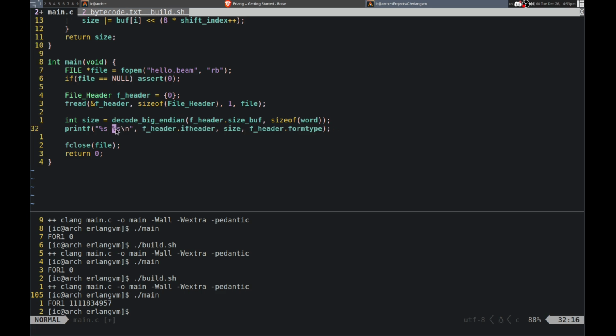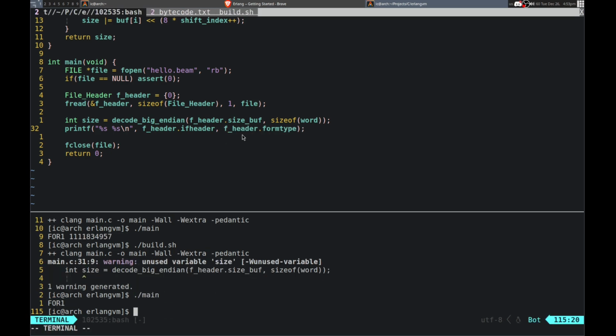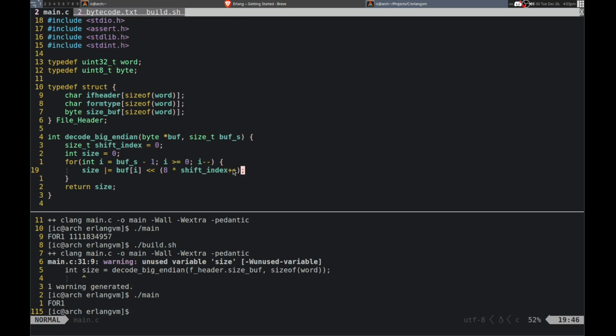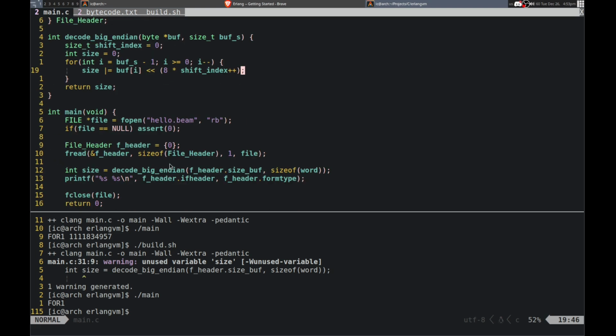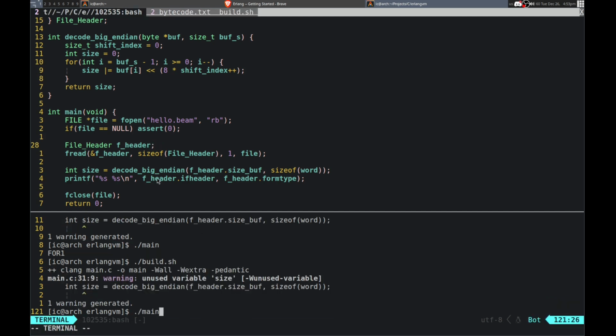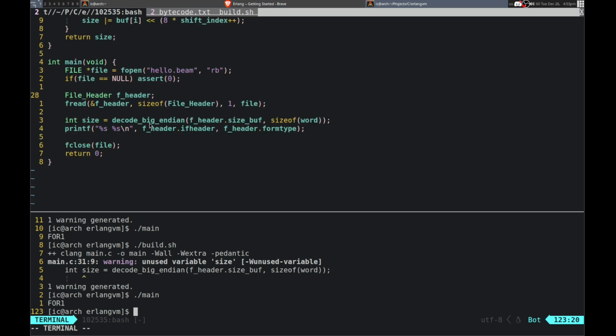Alright, what if I don't print the size, just for now? I did actually read that one. Yeah, it doesn't print that one. So the file header, that should be working. I don't know why it's not. Is it from 0 to something? I don't think it would be.